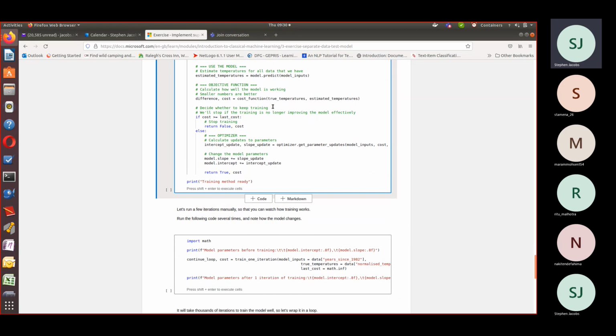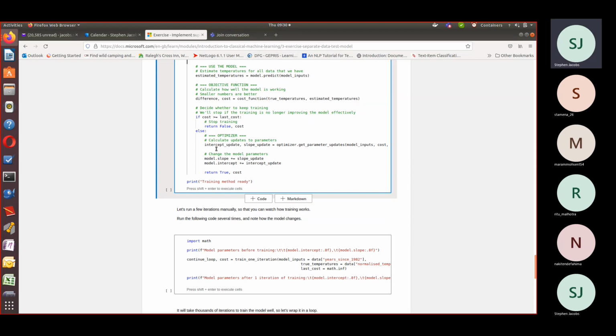To decide whether to stop continuing is if cost is greater than or equal to last cost. So we take the parameter last cost, which is passed this time for this iteration, and then we compare the current calculated cost. And if it's greater, then we should stop because the situation is getting worse. So we return false and the function ends at that point, meaning we're not going to do any more training,